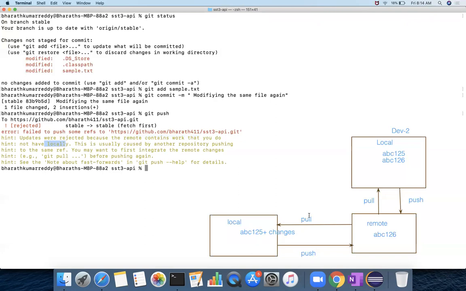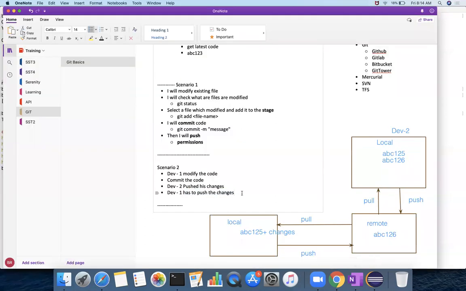So then what are the steps that I have to follow? It is failed. In order to make this work, first you need to get the latest code and then push. When you get the latest code, that means you'll have to use git pull. You have to run git pull and then push.